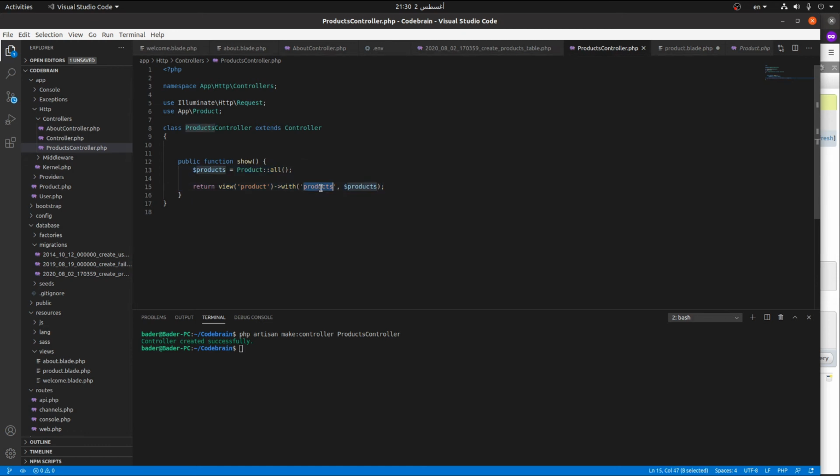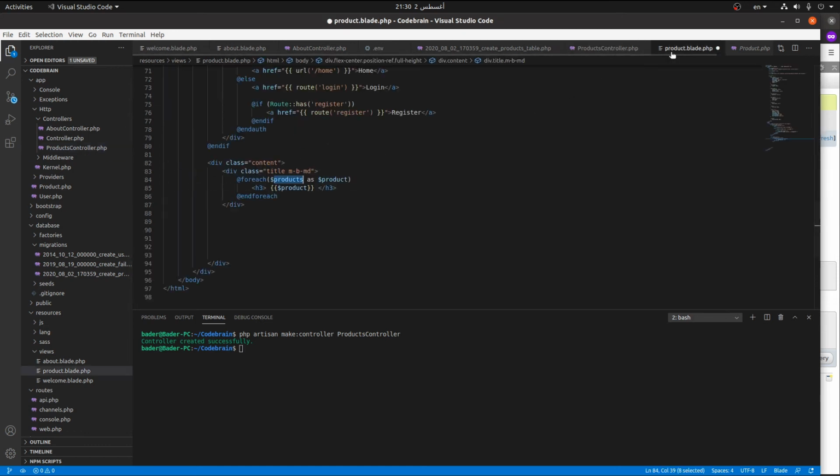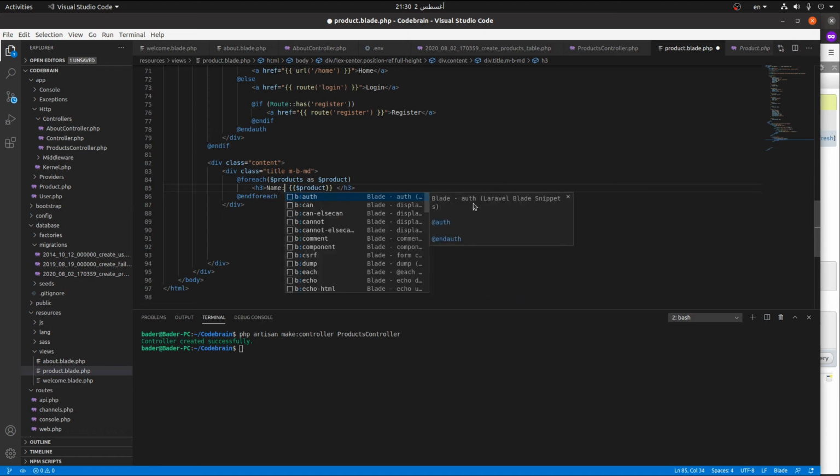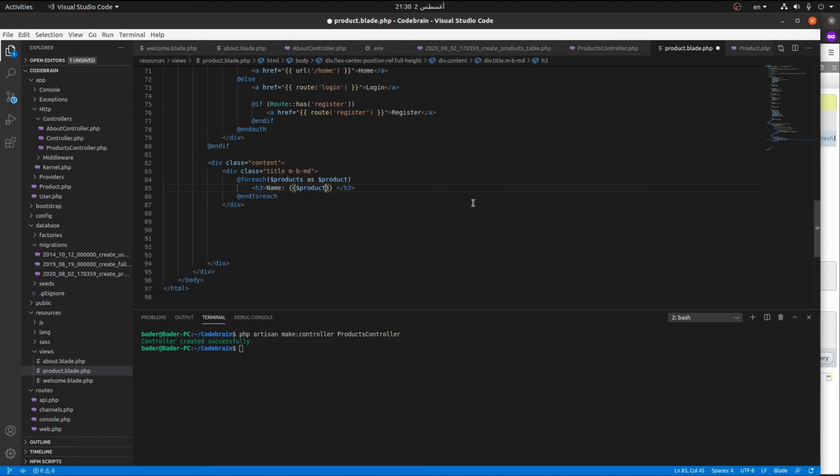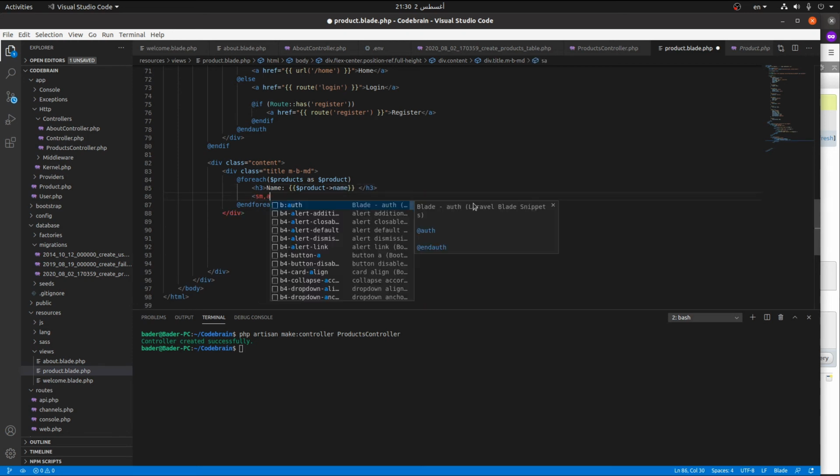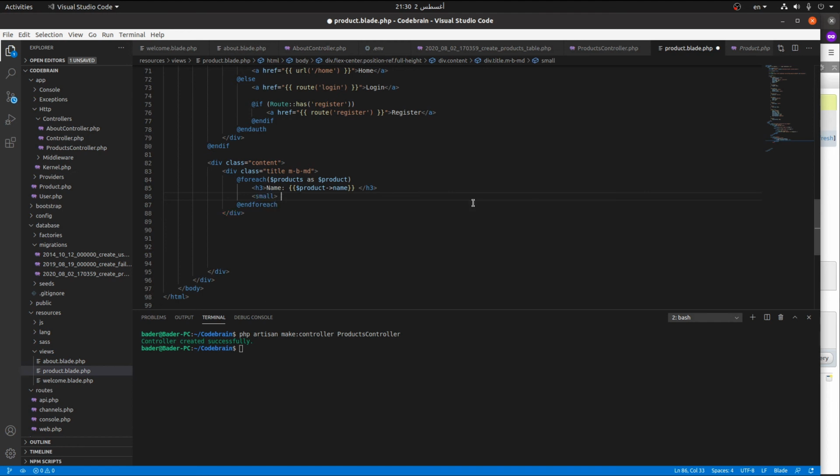We're going to loop through them as product. At first we are going to output the name, using this arrow thing, name, and as a second line a small tag, and we will return the product